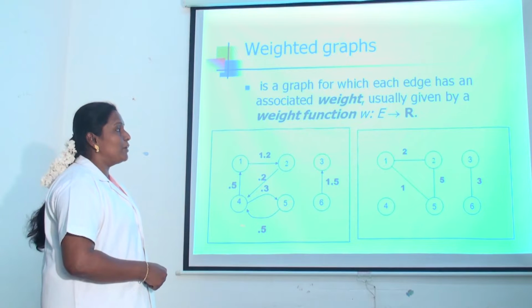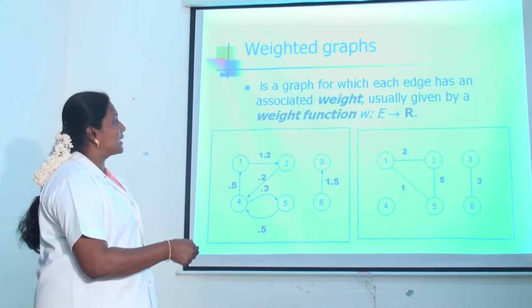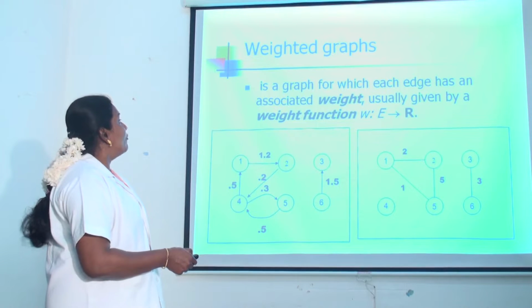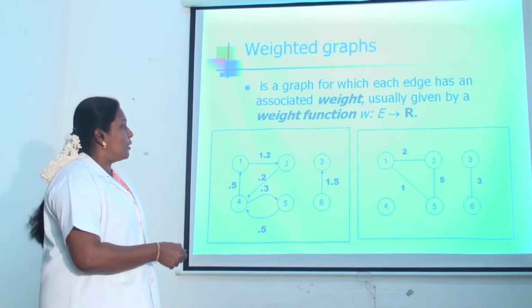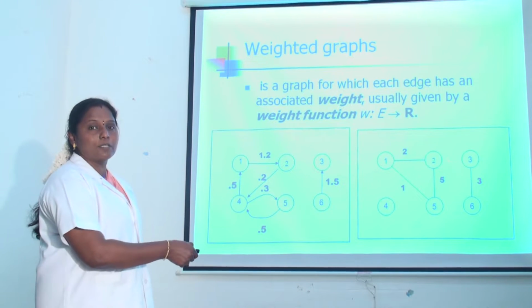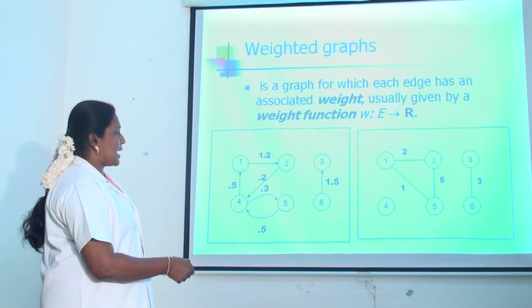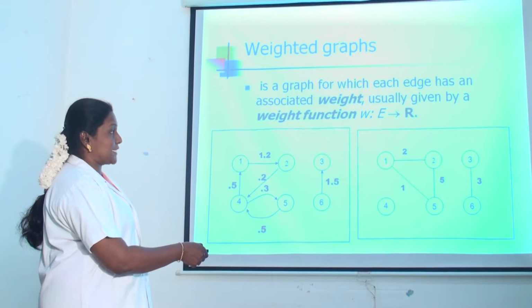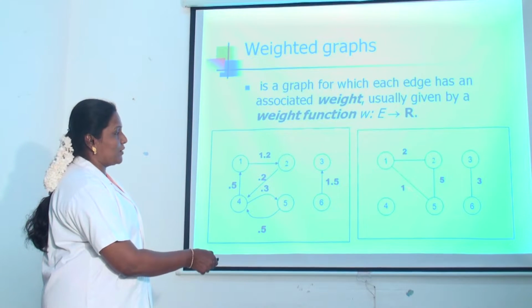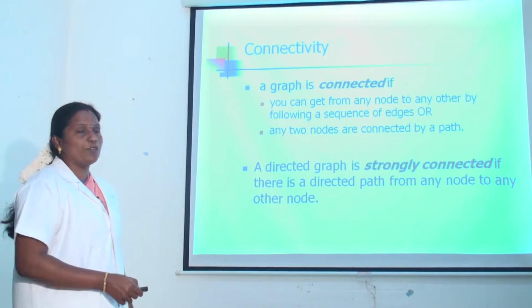Okay, this is a directed graph. This one is an undirected graph. Undirected graphs can also be weighted graphs. Some weights are put here: 1 to 2 has a weight of 2. Okay, 3 is isolated. Same as the next, 1 to 5 has a weight of 1. Okay, and the next one is connectivity.